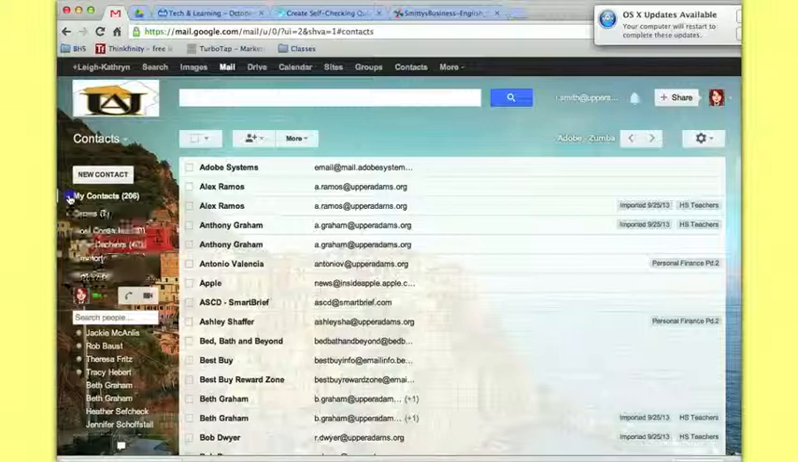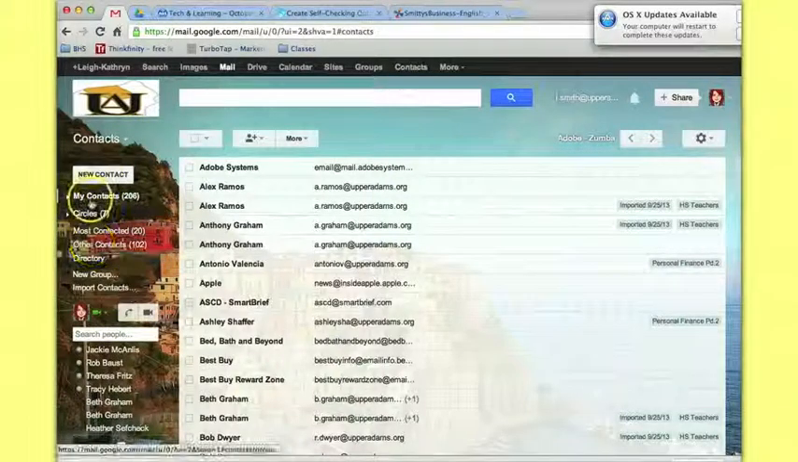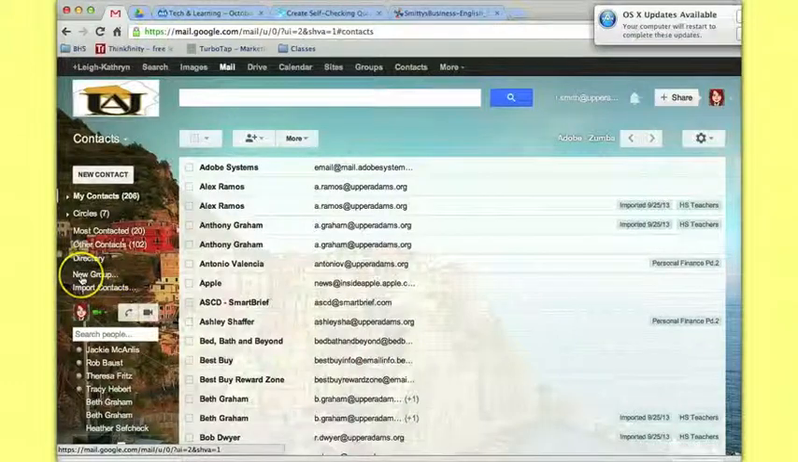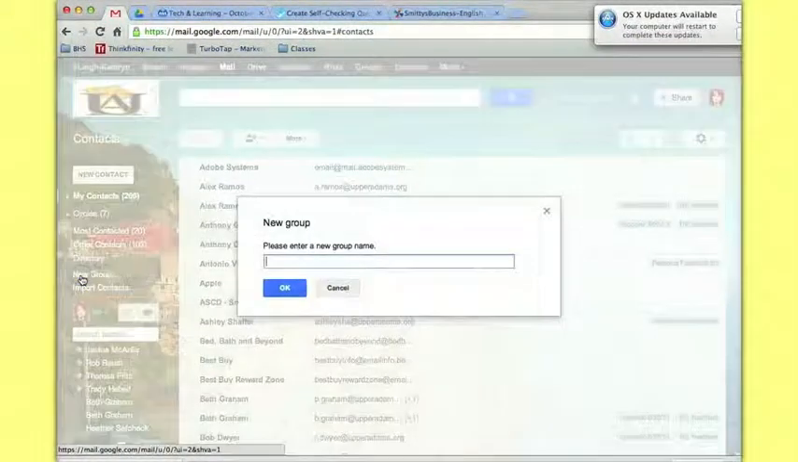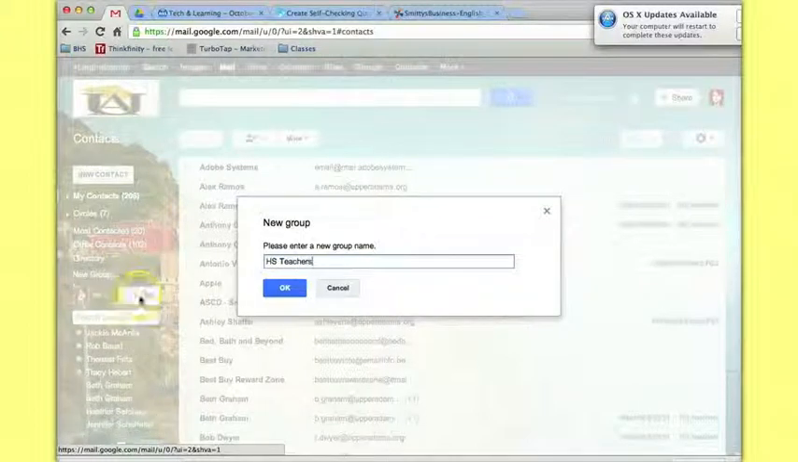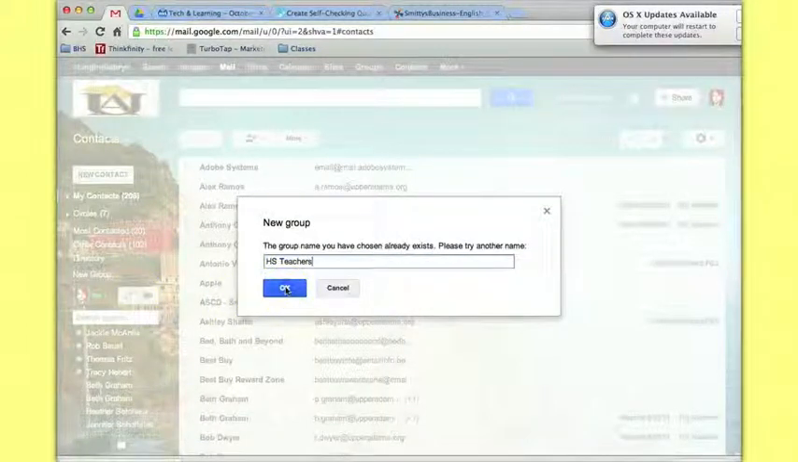Let me close my contacts here. If I go down over on the left-hand side, you should be able to see New Group. Click on New Group, and it says, okay, give me a new group name. You're going to type High School Teachers and click OK. Now it's not going to let me do that because the name already exists, but when you click on OK,